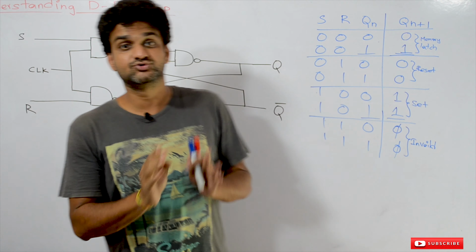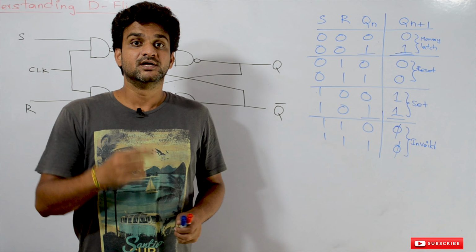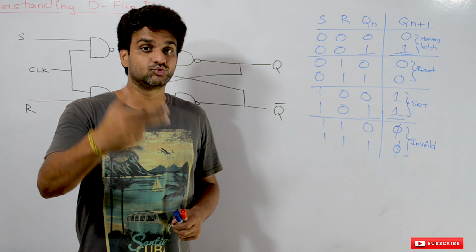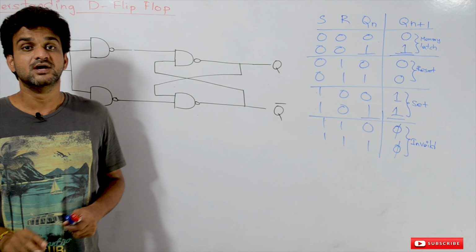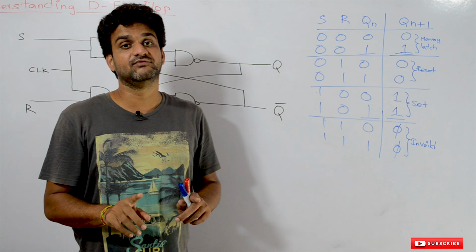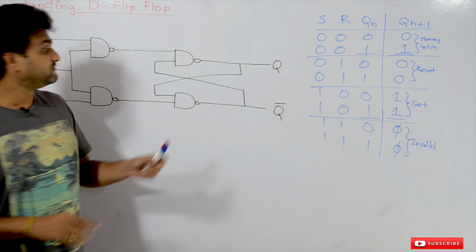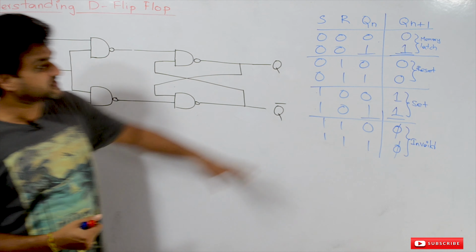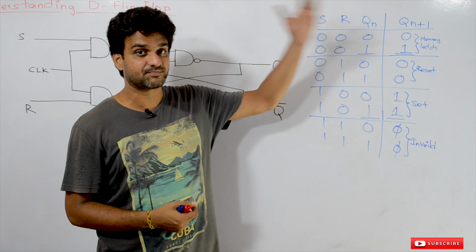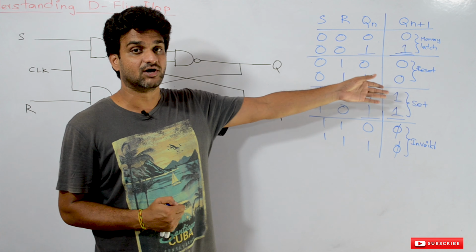In our previous two videos, we have clearly understood what is meant by SR flip-flop. We have covered it in two videos. If you haven't watched those videos, please watch them and come back here, because the understanding of SR flip-flop is very important to understand D flip-flop, because with a little change in the circuit diagram we have seen in our previous video, and this characteristic table also we have seen in our previous video. So this is the characteristic table for SR flip-flop.